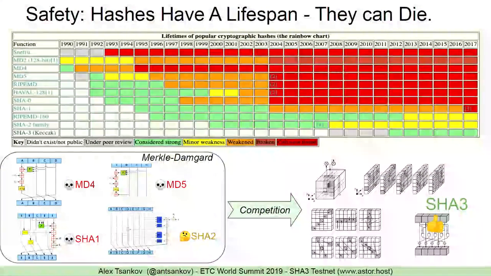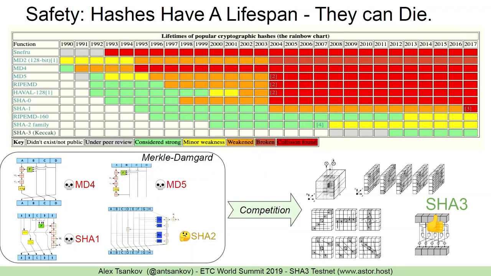It is no longer safe to be used in any application at all, and any accumulated proof of work that were to happen before that point is considered done, because it can be faked by somebody trivially doing a hash collision attack. So if we go by this chart, we'll actually see that there are not very many algorithms by 2017 that are actually considered fully safe. So there's really only three of them. There's RIPE-MD, which is kind of an older one and it's not very high performance. There's SHA-2, which is used by Bitcoin, and then there's SHA-3, Keccak, which is not really used by any proof of work system right now, and why I'm proposing it.